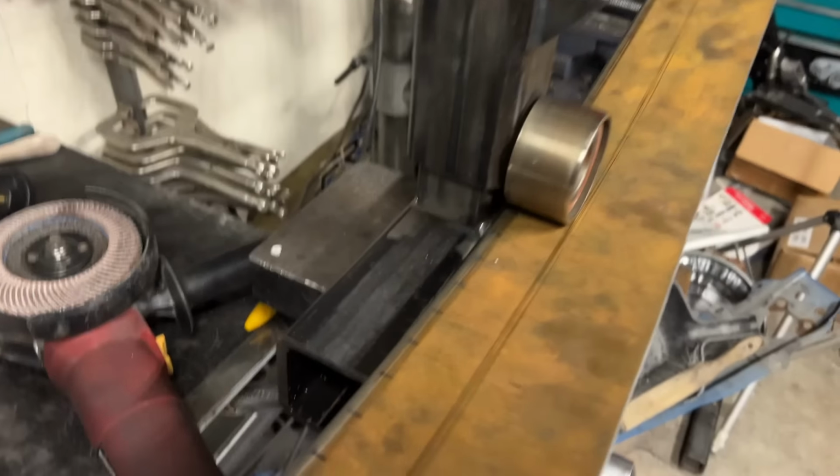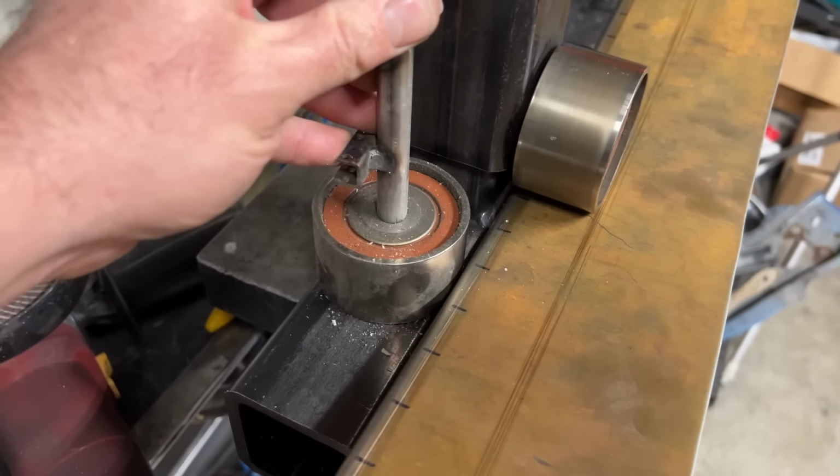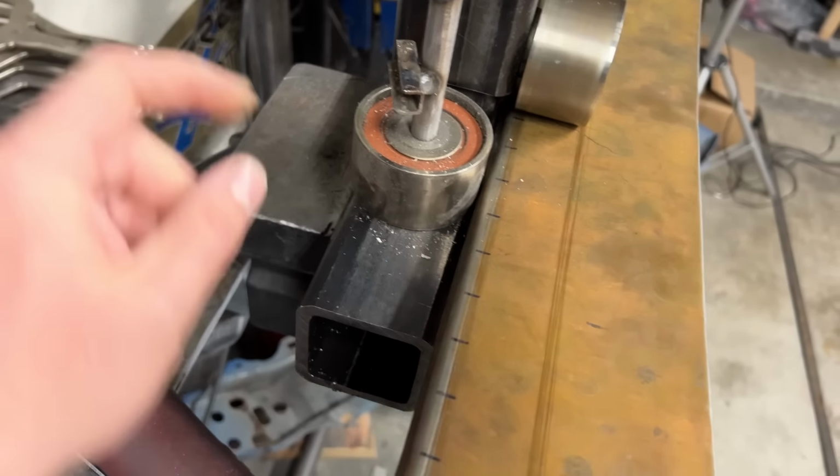I have an idea how to prevent it from unfolding. I'm thinking about putting a couple bearings on top that will roll against this corner and hopefully prevent it from unfolding while simultaneously bending it. But I've already spent an hour on this and it doesn't work, so I'm having a hard time convincing myself that another 20 minutes is worth it. It was just taking so long on the shrinker stretcher, so...